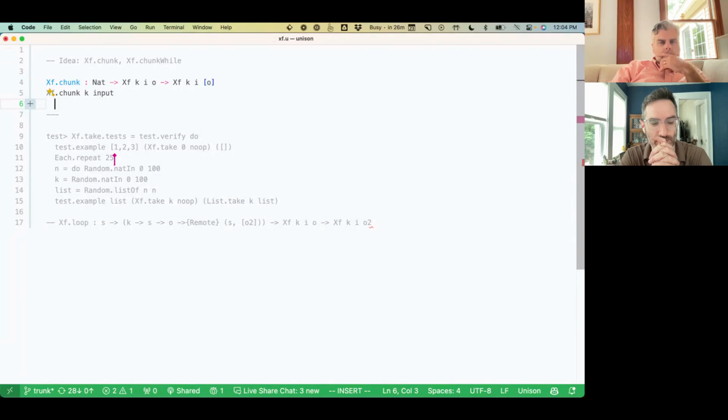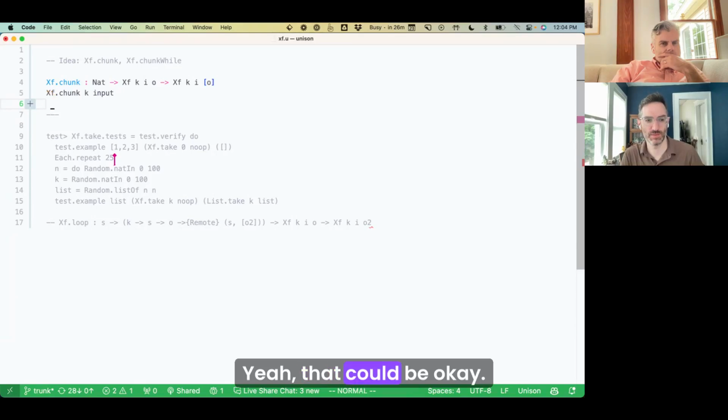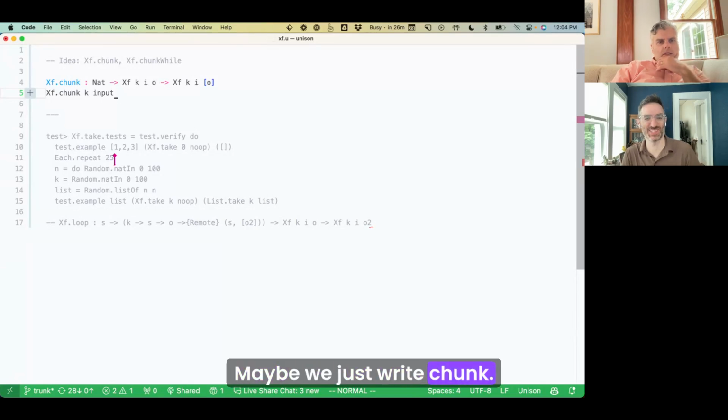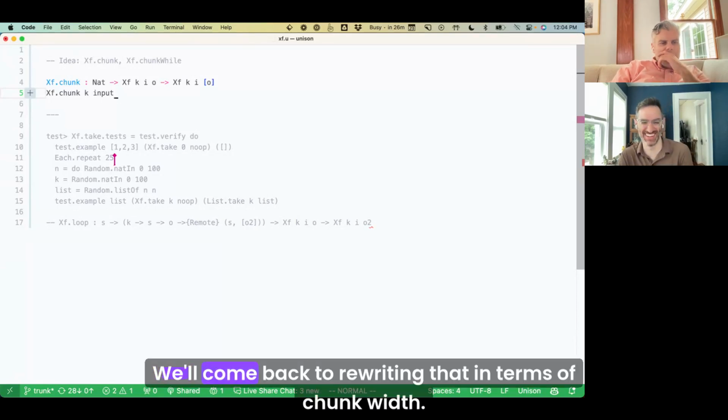Right. Yeah. That could be okay. But maybe that's not worth it. Maybe we just write chunk. We'll come back to it. Maybe we'll come back to rewriting that in terms of chunk width. It might not be worth it.